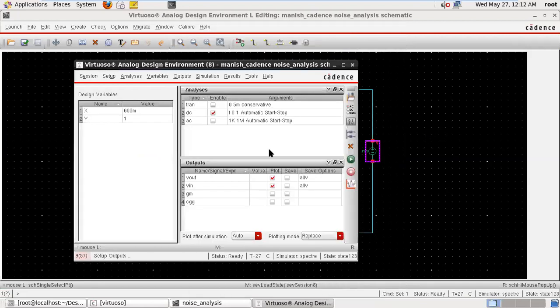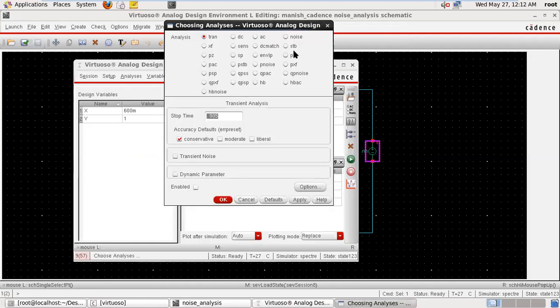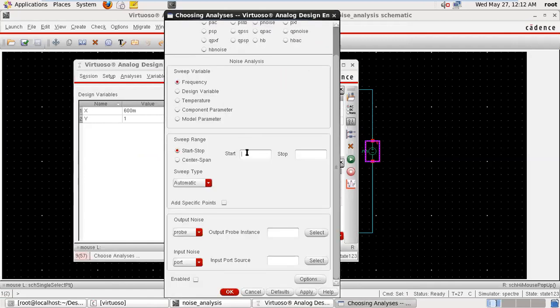So we are interested in noise analysis. So just go to the noise analysis for a range of frequency, 1K to 100K suppose. Select output. We are selecting the voltage at the output.